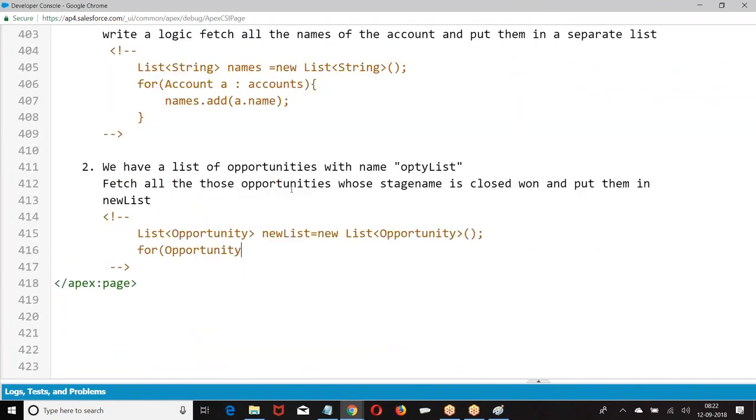Here I told get me the opportunities. There I told get me the account names and put them in a list. Account name will be a string. Here I told get me all those opportunities whose stage name is closed one. So I am going to get what? Opportunity. That's why I have taken a list of opportunity. OP. What am I going to do?